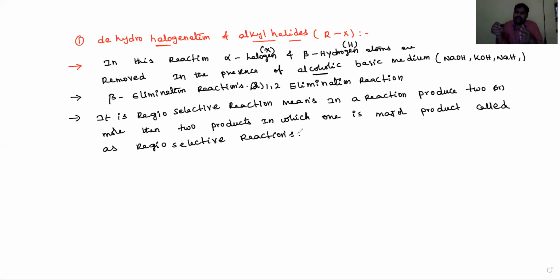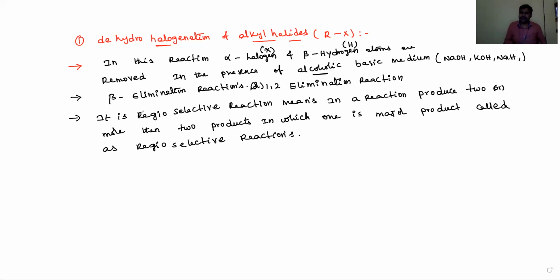If it is possible to produce two or more products, in a chemical reaction we need to form one single product. If a single product is formed, then we will mainly get one pure product. If two or more different products are formed, we get a mixture of products. Then we need to purify and extract the desired compound. Among them, one is the major product, present in higher quantity, and the remaining are minor products.